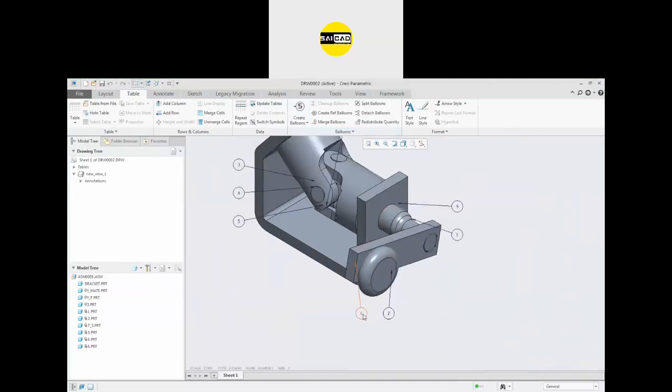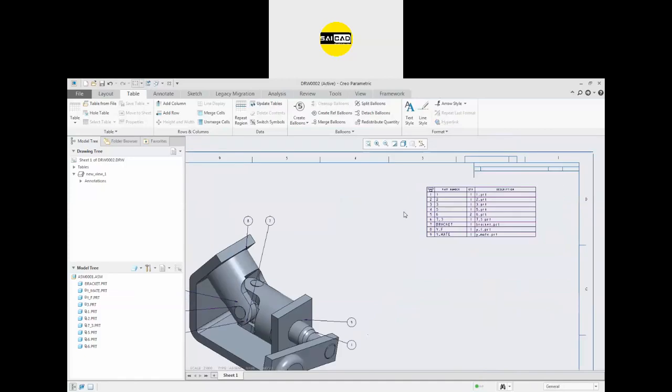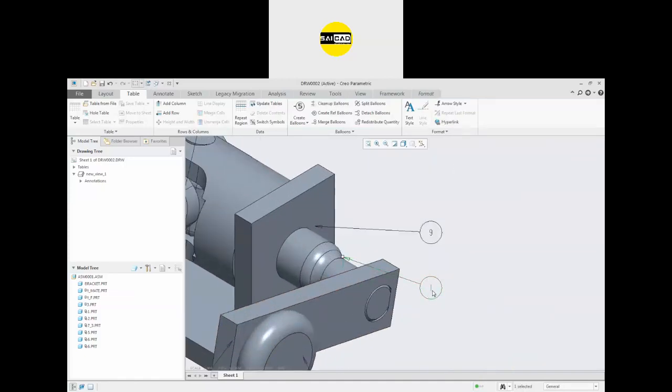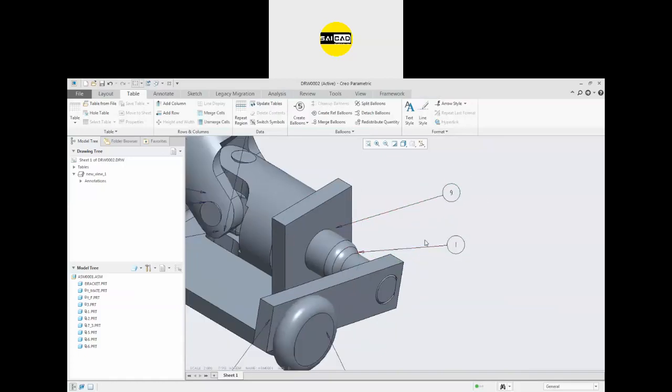You can see there is some arrow. You can just select it and move it somewhere else also, like that. So these balloons will specify these numbers. Where is that object? So one number is this one. Okay, so you can do that. You can just move the balloon location.